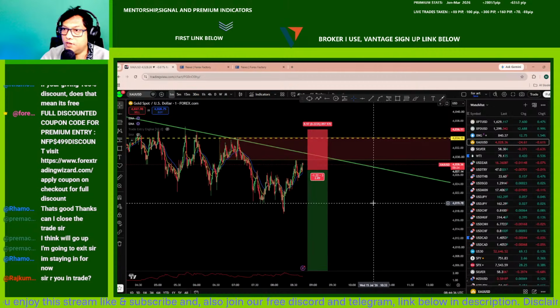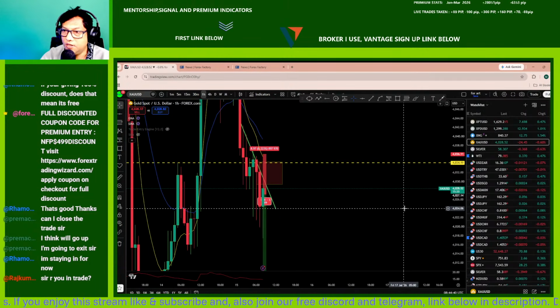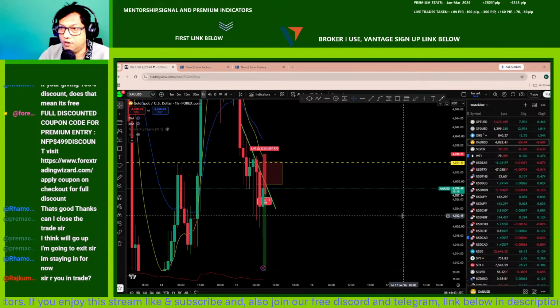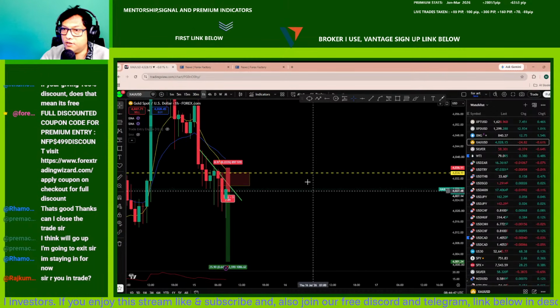It's my TP level. And if you look at the 1 hour, you can see this is the 1 hour price action, which is nearly to candle close. And